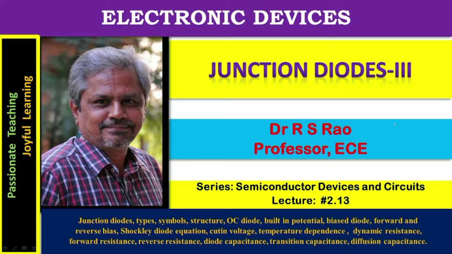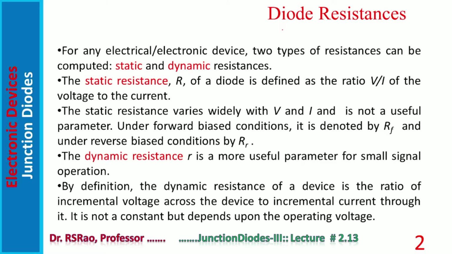Because of the low resistance or high resistance nature of the device, the current also is sometimes high, sometimes low. All the three aspects so far mentioned, resistance, capacitance, and current through the diode, are covered in the present session. Now let us move further to begin the course session. The session is started with